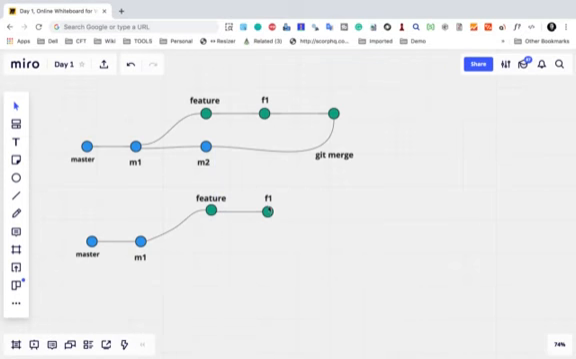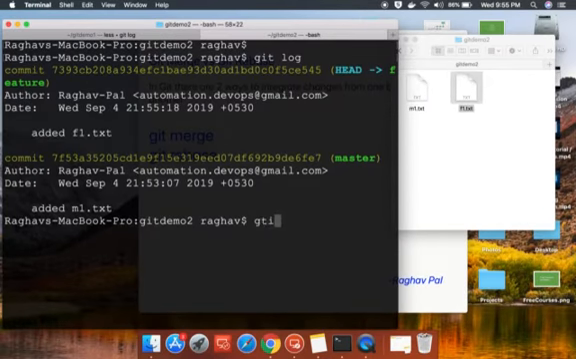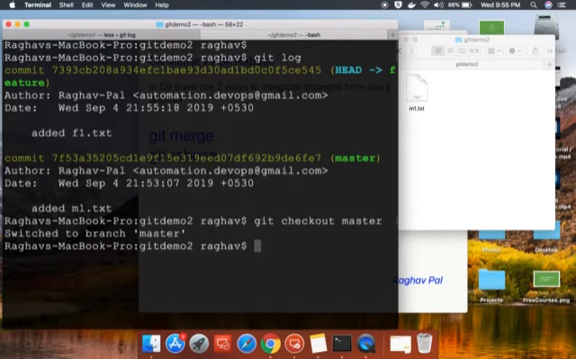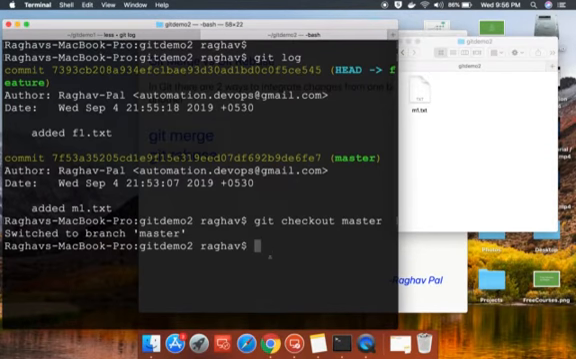So again I am at this position here in my project. Now I will again go back to master. I will say git checkout master. So you can see as I switched to master, the f1.txt has gone from here. So master does not have f1.txt, and in my master I will